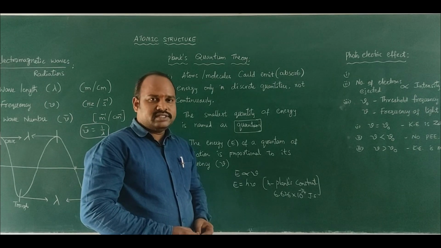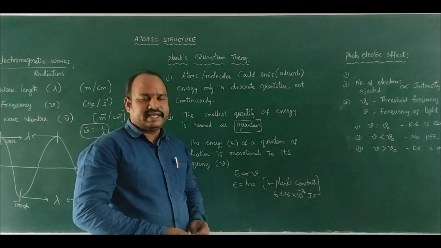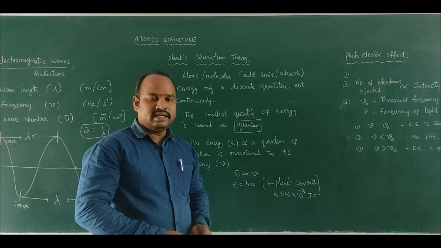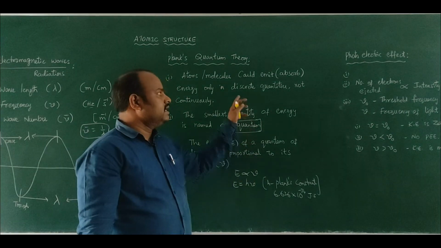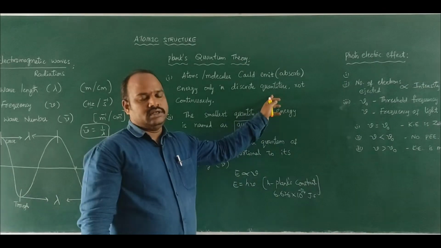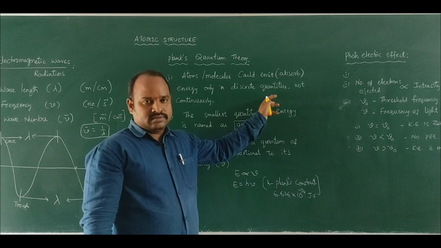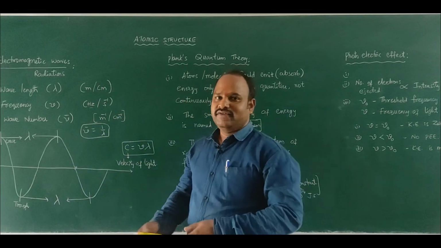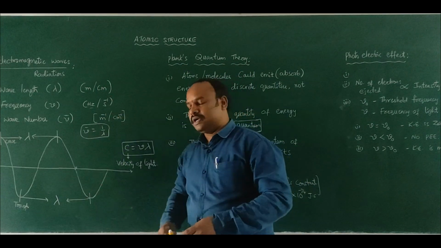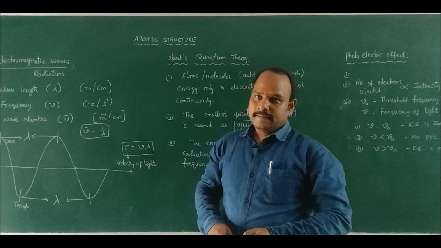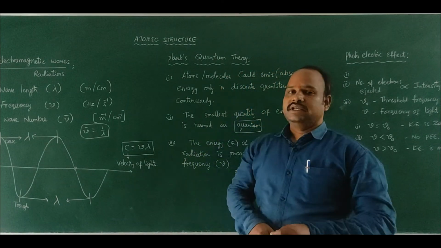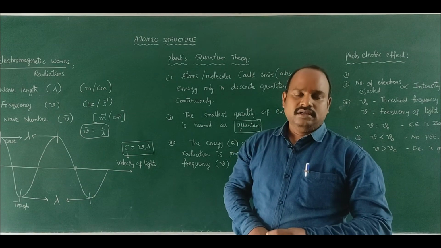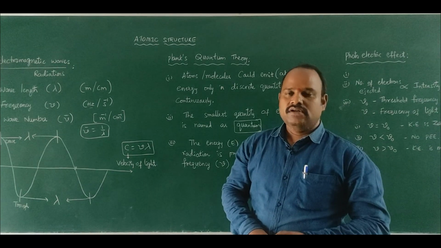According to this theory, energy of radiation absorbed or emitted can move in particle nature only. That indicates a discrete manner only, not a wave manner. So based on these two parameters, the electromagnetic wave, the radiation, can propagate in a wave manner, and according to the Planck quantum theory, the radiation emitted or absorbed can be in discrete manner only, not continuous.